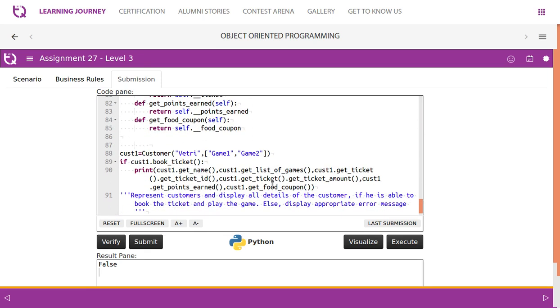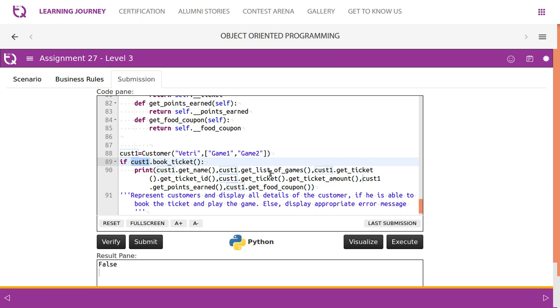The rest are all getters. Now we have also created an object. Let's say customer 1 is the object reference. Customer Vetri is the name of the player. Game 1 or game 2, a list of 2 games you would like to play. Then if customer 1 dot book ticket returns true, then we get these values: get name, get list of games, get ticket ID, ticket dot get ticket amount, customer 1 dot get points earned.